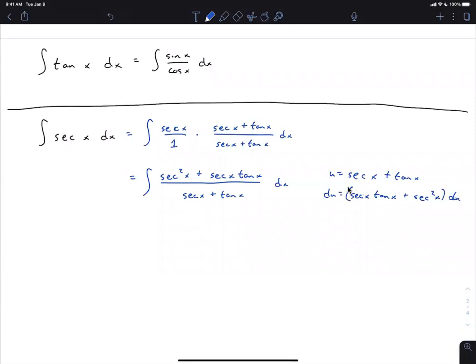So why is this going to make it easy? Because that's the numerator. So this is 1 over u du. Does everybody see that? So it's already the way we want it. This is already 1 over u du based on this substitution. Does everybody follow that? So now the integral of 1 over u du is natural log absolute value of u plus c, and that's natural log absolute value of secant x plus tangent x plus c,